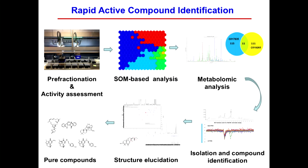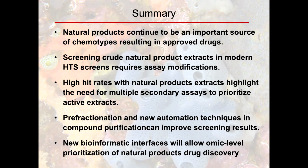So with that, I would just like to end and basically let you know that this process of prefractionation with self-organizing map analysis, metabolomics, rapid isolation and structural elucidation will come up with pure natural products that are useful. And I hope some take-home messages are that you will see that natural products continue to be an important source of chemotypes resulting in approved drugs, that screening new crude natural product extracts requires assay modifications, and hopefully you've learned a few of those today,